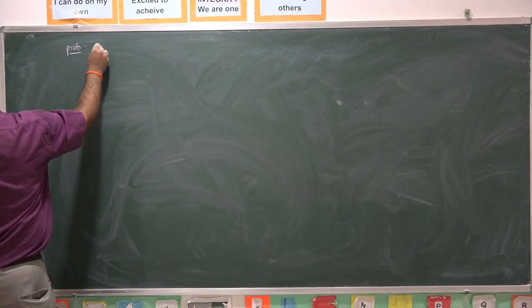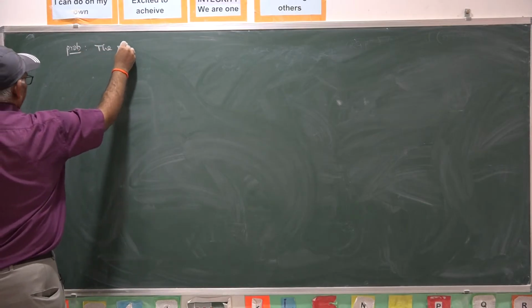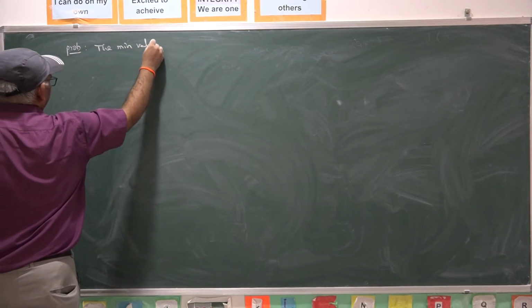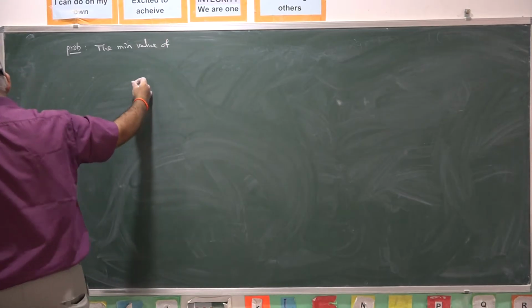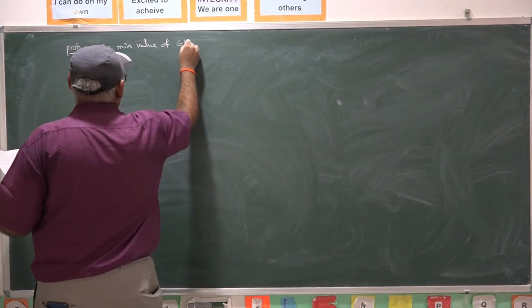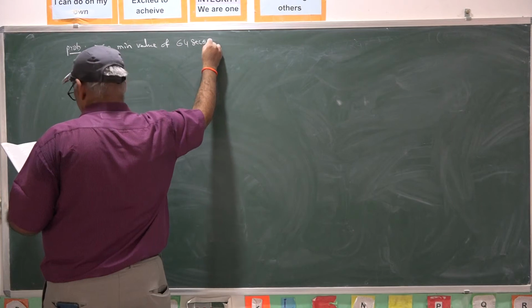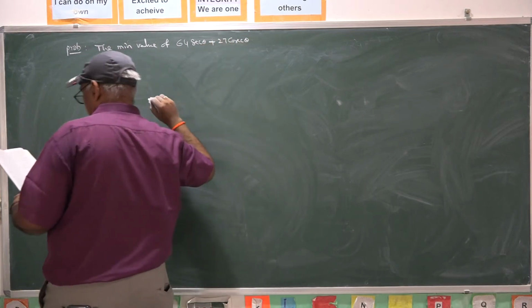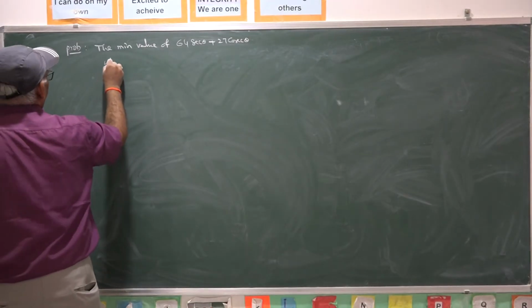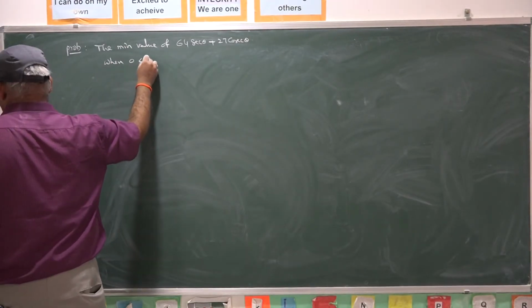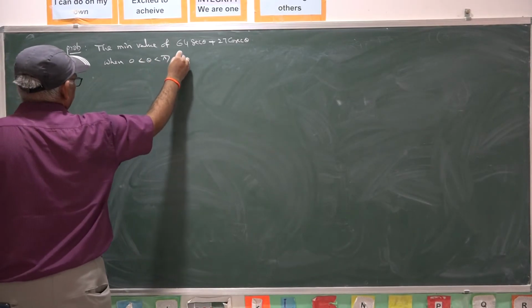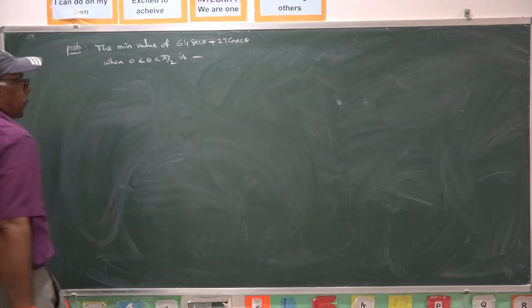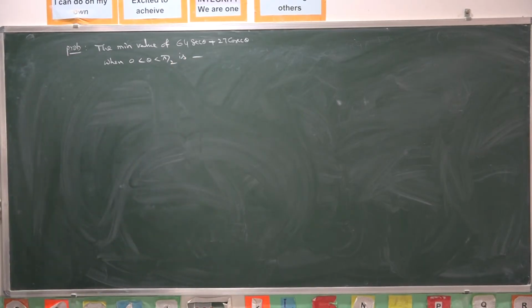Next problem. The minimum value of 64 secant theta plus 27 cosec theta when 0 is less than theta is less than pi by 2, that is, theta is in the first quadrant. The minimum value is